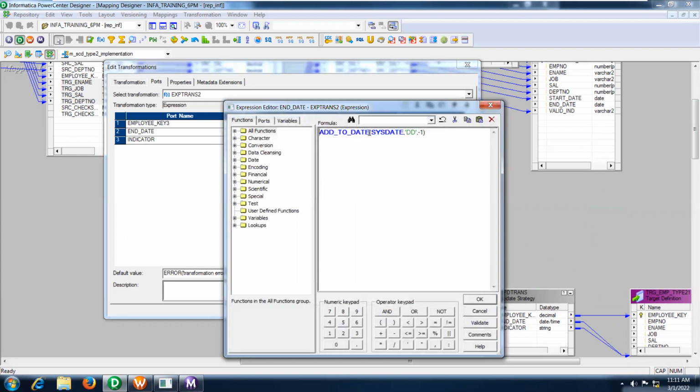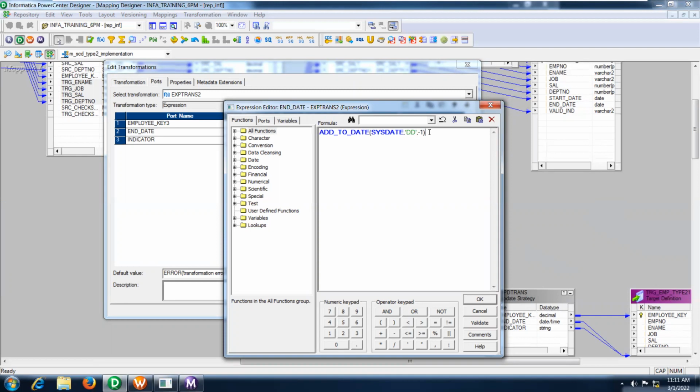See, this function you can use, ADD_TO_DATE. System date, suppose today you are going to update the record which has the updation. It means that the record which is coming with the change, that particular record we are going to insert into our target table.